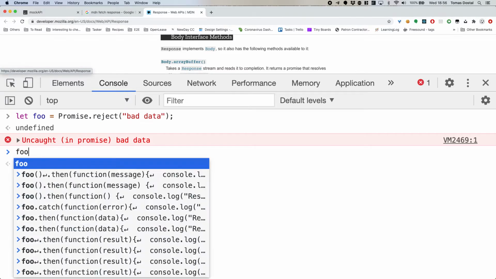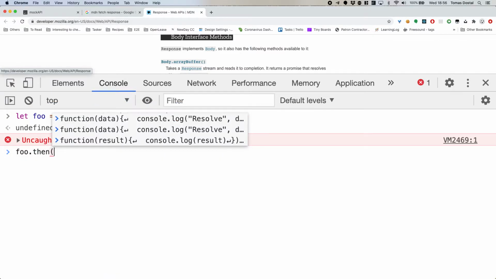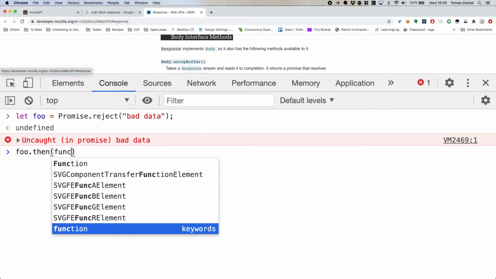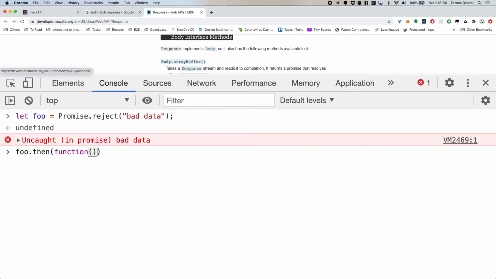So now if I call it and I say then, that's just the result. Console log correct result. Oh no, actually, let's just do it so it's more visible. So we do return result.